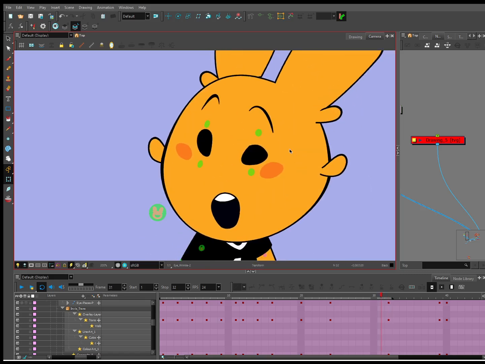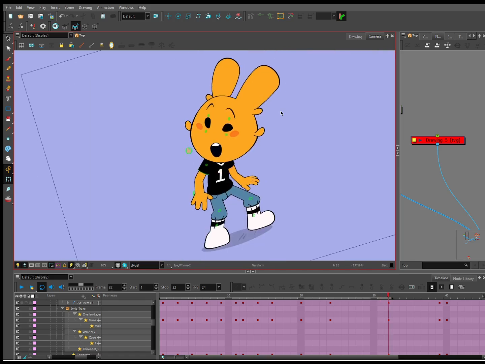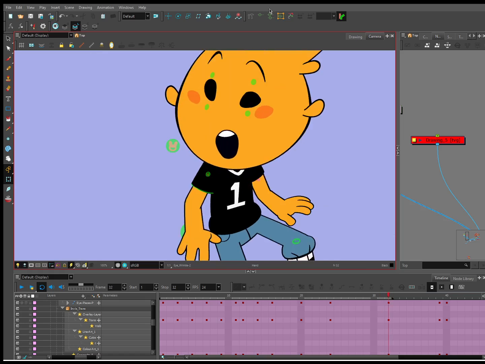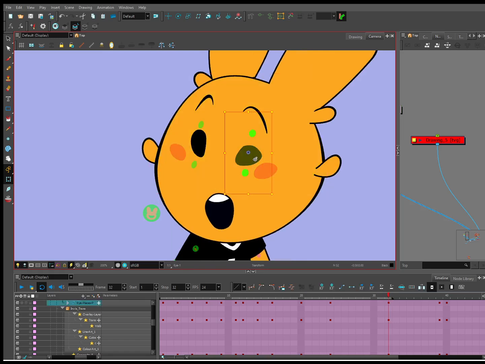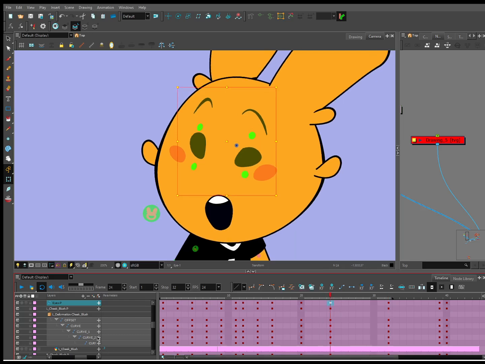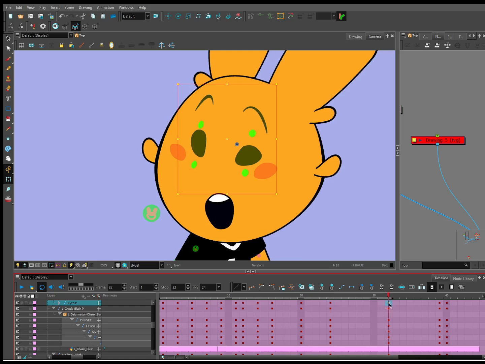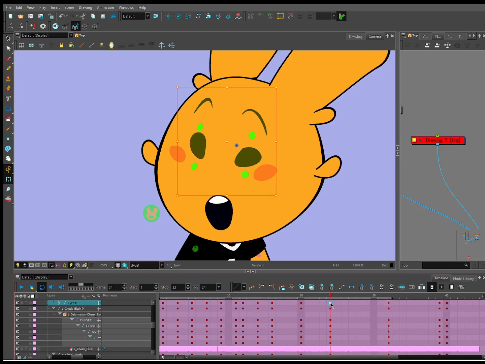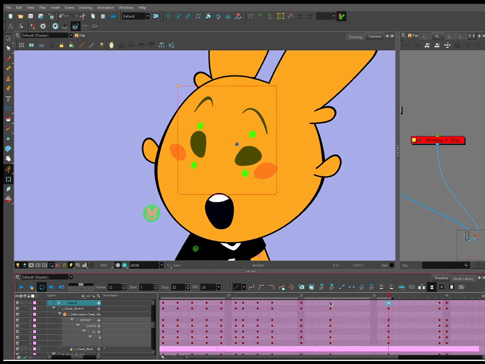And now what you can also do, between here and here, it's our last two frames, we have the ears settling up. Let's see what happens if we overshoot the eyes a little bit. Not a lot. He doesn't have to pop, but it's something. So what I'm going to do is copy and paste the eyes from my last frame and stick them on the frame before and swap them. Let's see how this looks. We'll squash down.